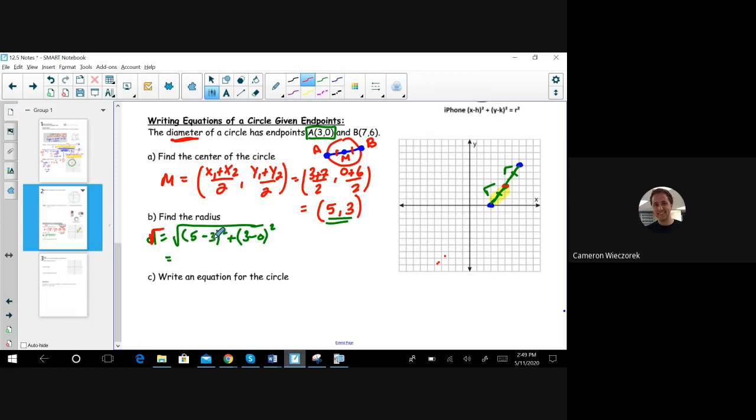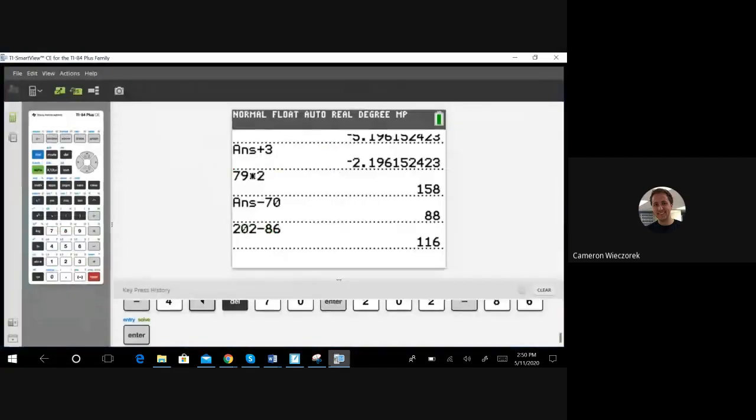So 5 minus 3 is 2. So this would be 2 squared. And then 3 minus 0 is 3. So plus 3 squared. This would be the square root of 4 plus 9, which is 13. Now, that's the radius. Okay. Now, square root of 13,